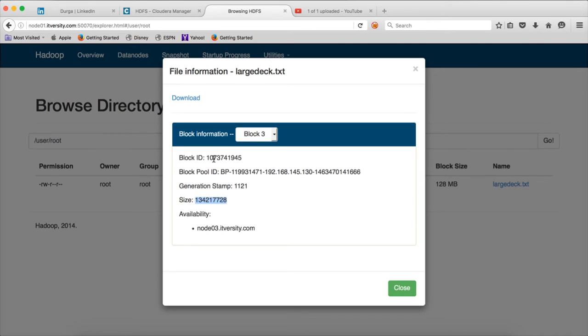Okay, and you can see that there is something called block ID, there is something called block pool ID, and also availability. So the block ID is used to create the file physically on HDFS, and that file will be stored on the nodes that are specified in availability. In this case, this block ID 1073741945 exists on node03.itversity.com, and you can go to